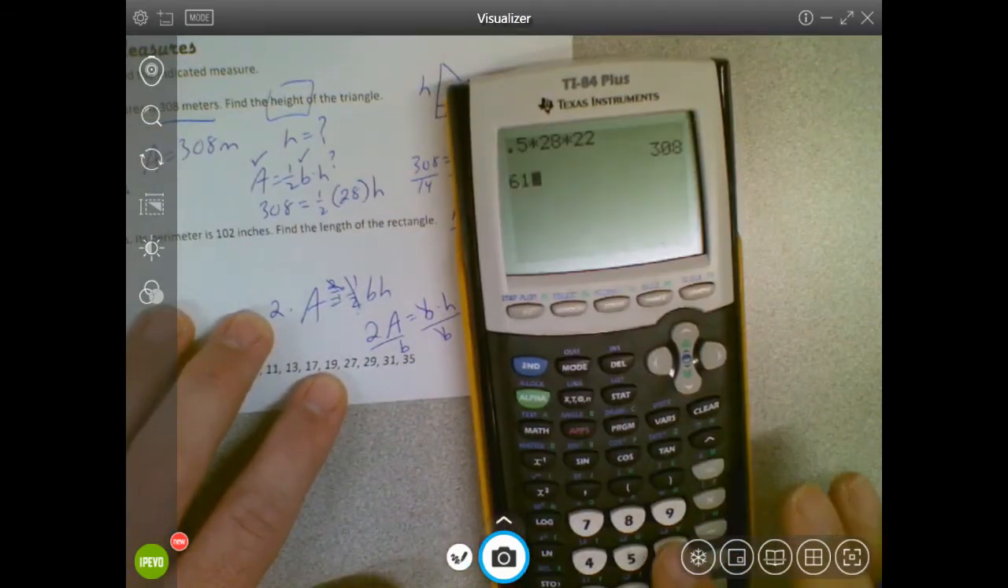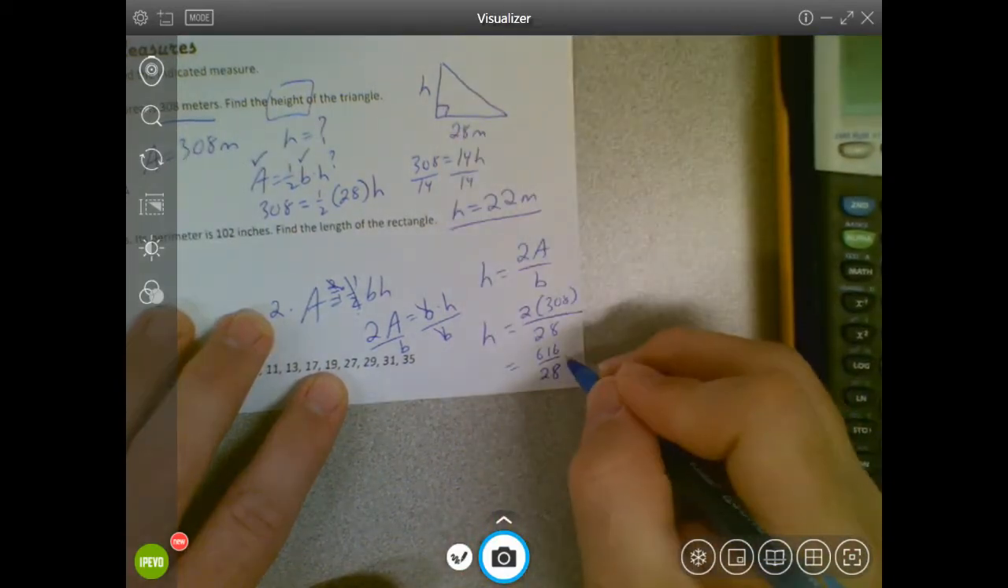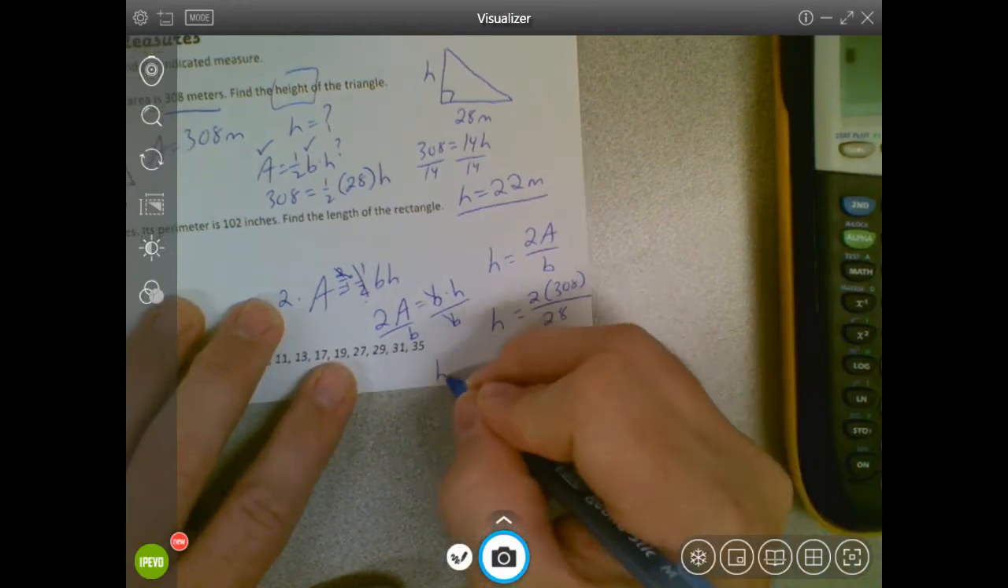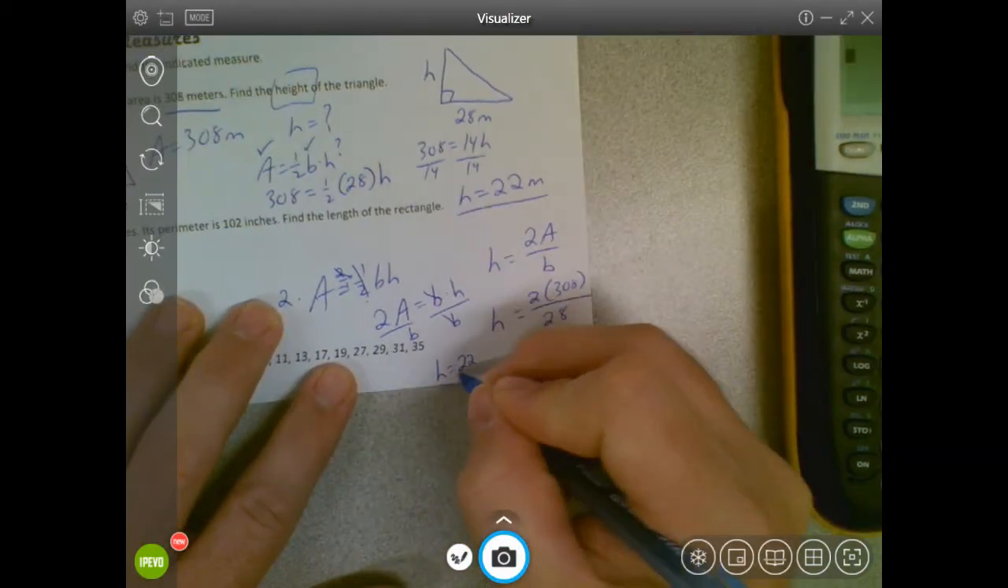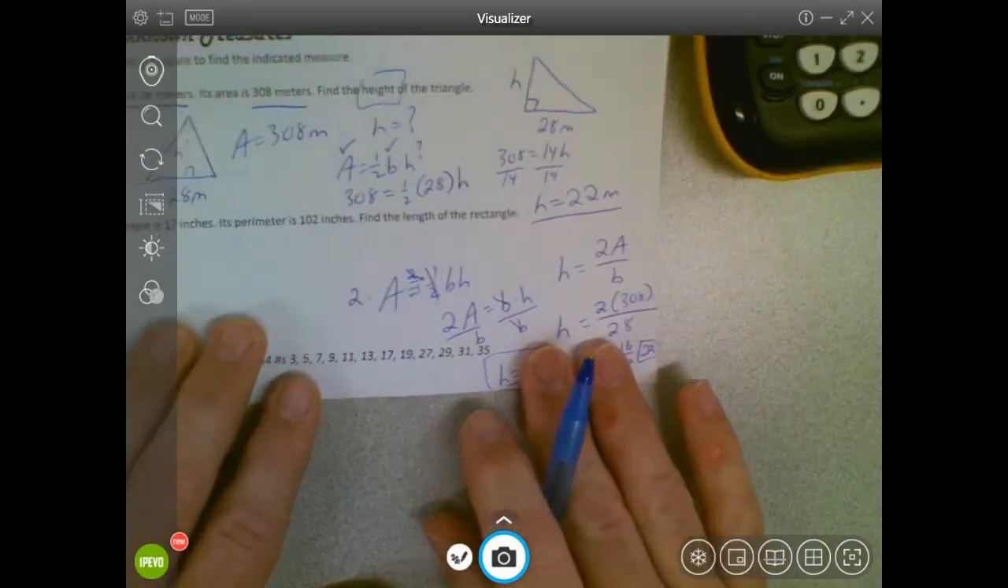616 divided by 28 is 22. Same thing, 22. So I got a little scrunched there for room. 22, I'll put it over here. H equals 22. So two different methods for solving the same problem, and both ways work, of course, and both